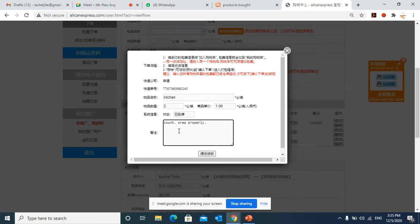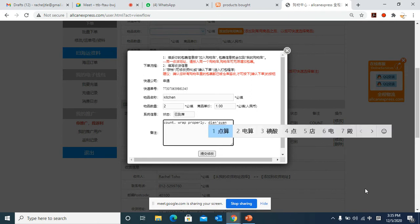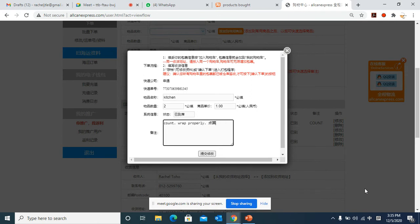Be prepared for the worst. You don't want to take things for granted. So you can put a note and then write properly. If you want to write in Chinese, you can. So for example, I put 算别人包装好。